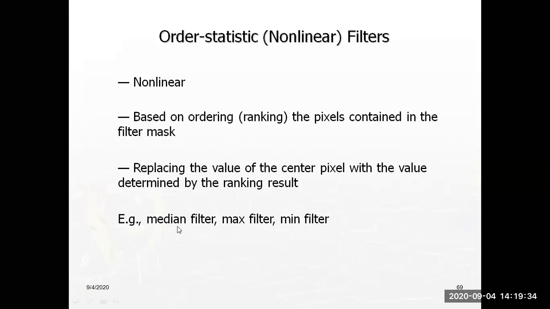In the median filter, during the filtering process, each pixel value is replaced with the center value of your filter. In the median filter, each pixel value is modified with this filter center value. That is called the median filter. In the max filter, we determine the maximum value over a mask, and that value is assigned to the particular pixel. Similarly, in the min filter, we determine the minimum intensity value over a mask on the image, and that value is assigned to the particular pixel.